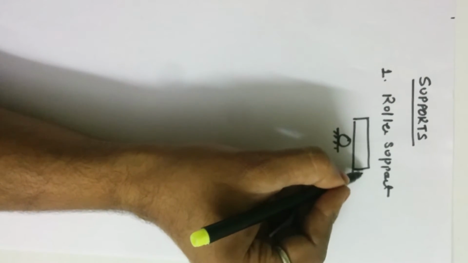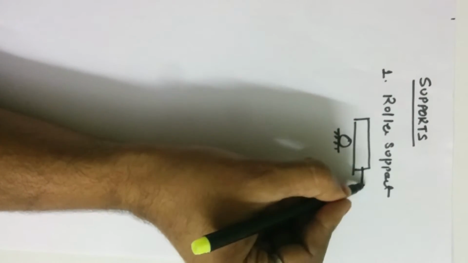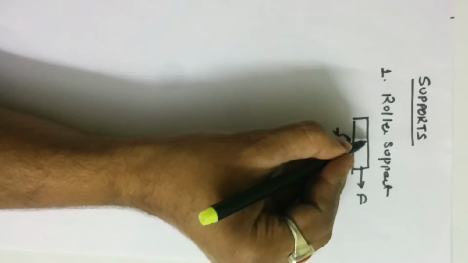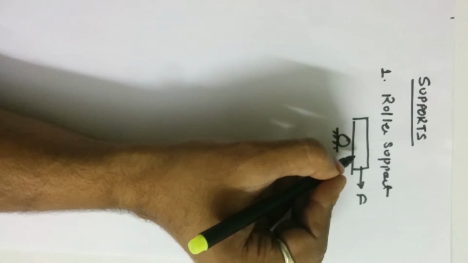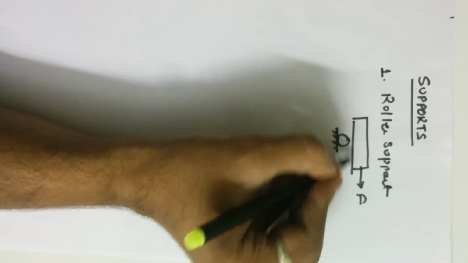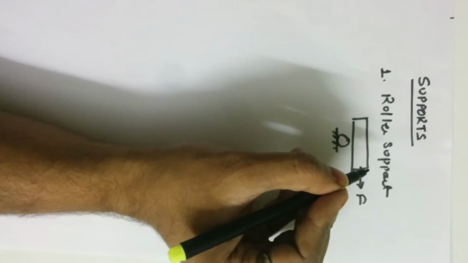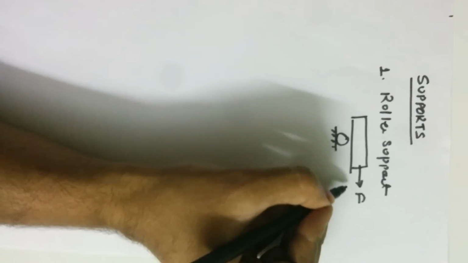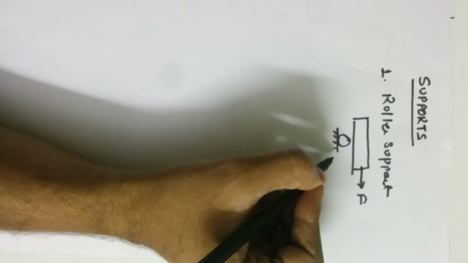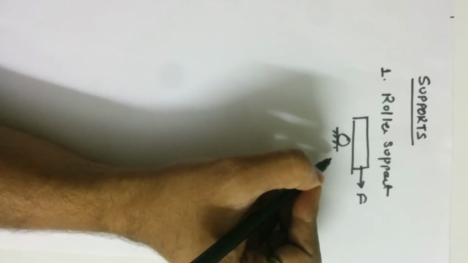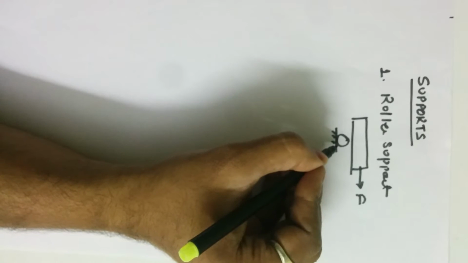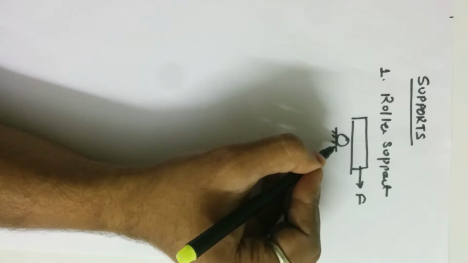Now, you think about this body, and when we apply the force on this body, the only thing we can understand is that the body is allowed to move in the x and y direction without any obstruction. However, the body cannot move in the z direction, and that too in the negative z direction. That is because of the roller support, which is not allowing the body to move in the downward direction.